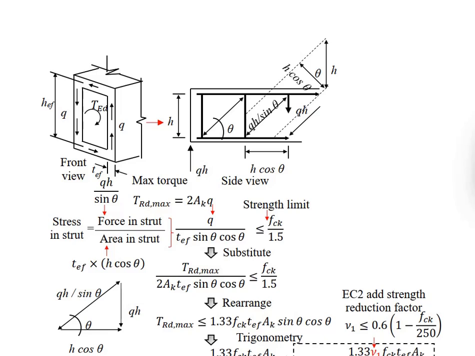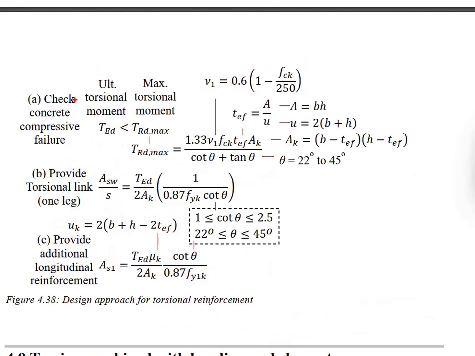The crushing of concrete leads to brittle failure. This can be rather dangerous for a typical structural element. We prefer ductile failure over brittle failure, as ductile failure provides us warning in case of excessive load for survival purposes. Now, if you find that your ultimate torsional moment is greater than the maximum torsional moment, you will